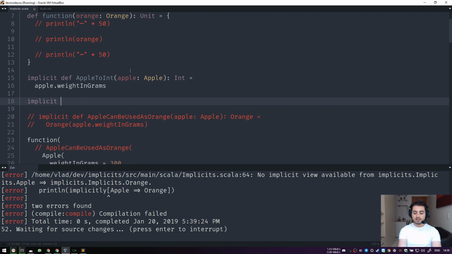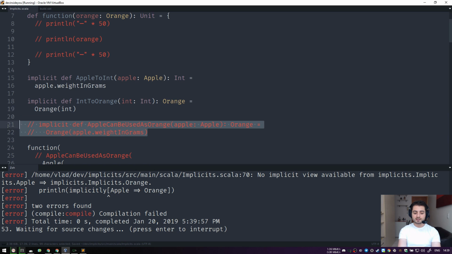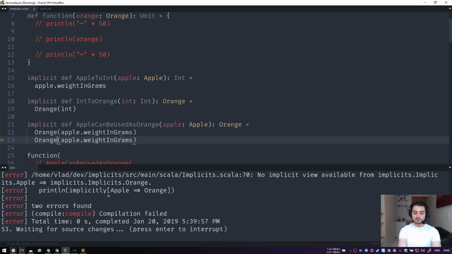We have an implicit def int to orange. Some int comes in, and finally the orange comes out. What it's doing is creating an orange by giving it the integer, right? So this code still doesn't compile, even though technically everything that is necessary to make the conversion is there. For example, instead of this line, we could take the apple